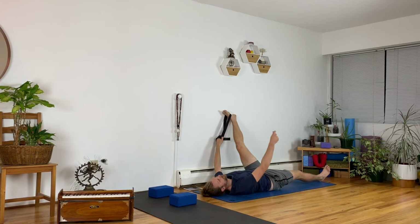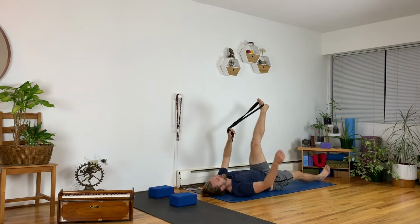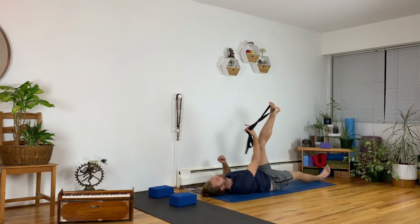So it can end up going pretty far out and more towards the head side of your mat than the feet side of your mat. Actively pull on the strap, but push back with your foot. Okay, and then come all the way back up and then hold on to the strap with your other hand,